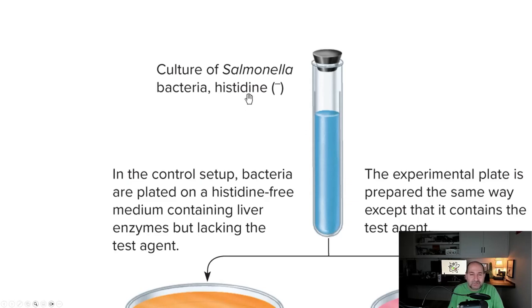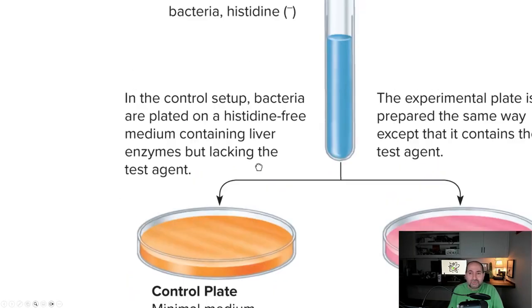However, a single point mutation can convert this bacterium back to histidine positive. So this is a great strain to study for this assay. Here's how it works. We take our Salmonella, which is histidine minus. It has a mutation in the gene that codes for the enzyme that produces histidine, I should say. You place these